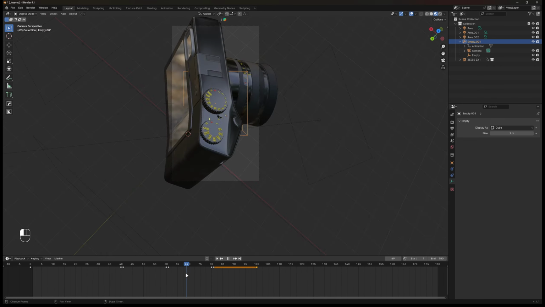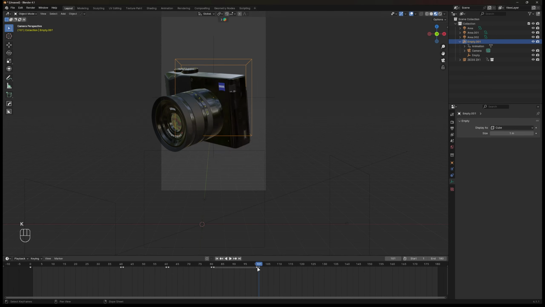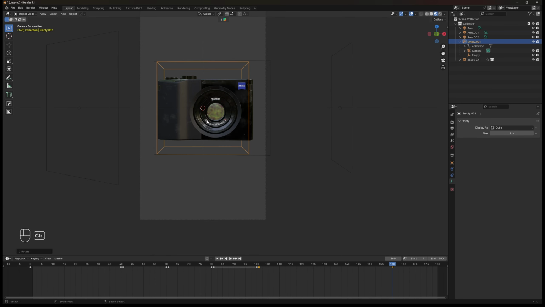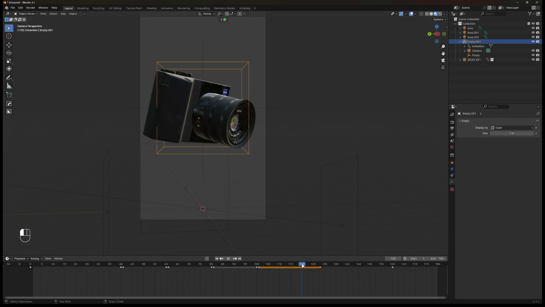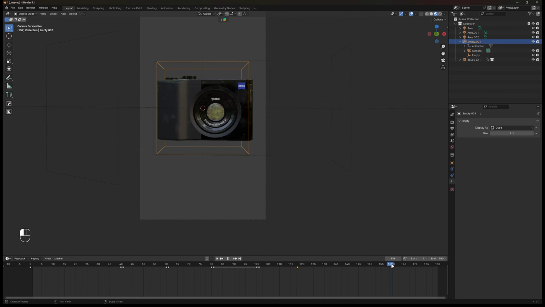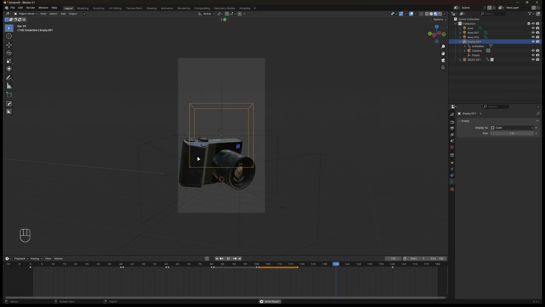On the last cut, I want to make the asset back like on the first cut, so I put a keyframe on frame 160, which is the end of the asset's animation, and set the camera as the first keyframe. Then carefully add a keyframe before the landing time by scaling and rotating the empty cube.